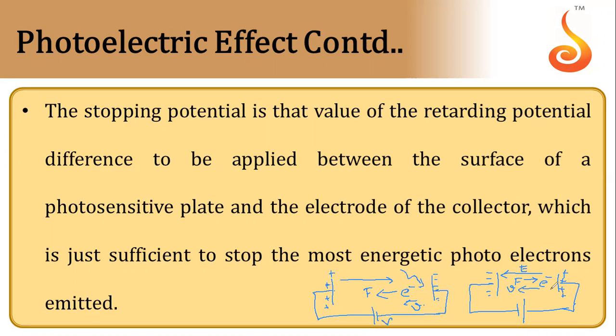So in this case, slowly the velocity will decrease, and for a certain voltage, the electrons won't be able to reach the other plate. Now this potential is known as stopping potential. So let's say the energy of the electron which came out was half mv squared, that was the kinetic energy. If that energy gets consumed in potential energy, the formula is the charge of the electron, e, into the stopping potential. So from this equation, we will be able to find the stopping potential.